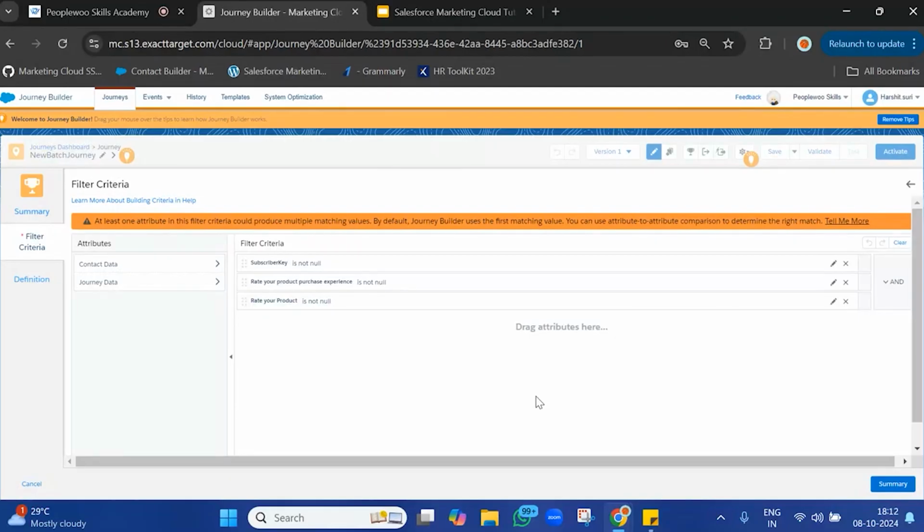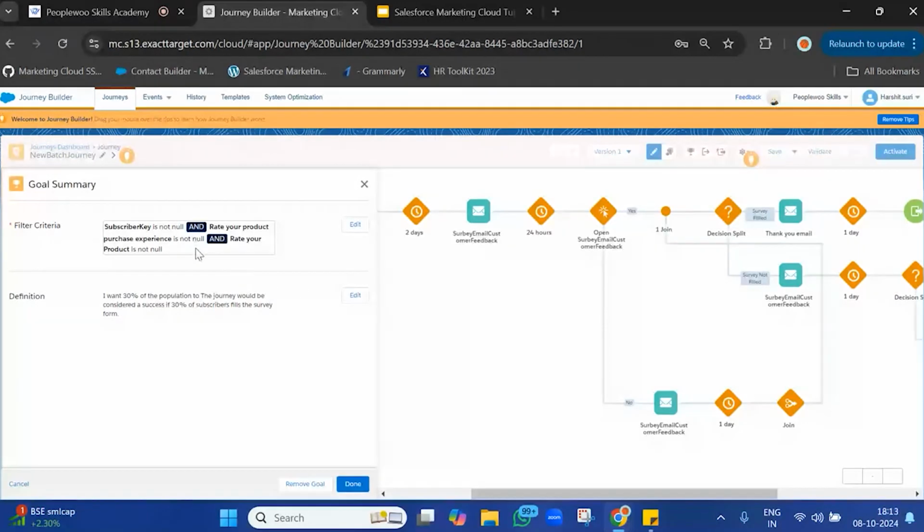The business problem is we have to give a pleasant customer experience after their purchase. Not only will we send the invoice, but we will ask them to rate, or you can say provide feedback, whatever you want to have. So more and more positive ratings or more and more people filling the survey form would lead us towards achievement